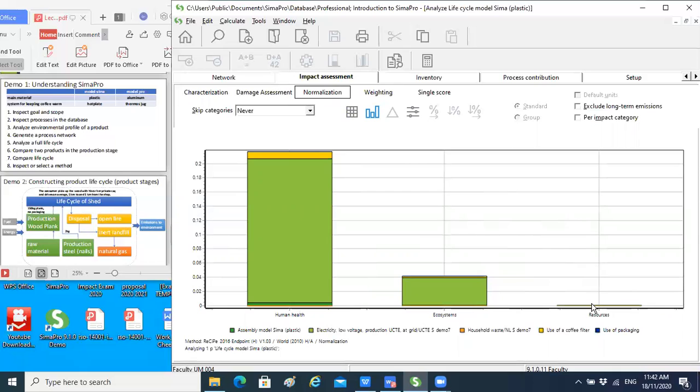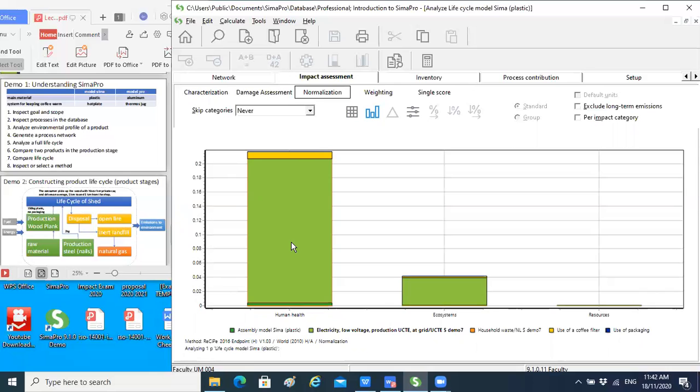So resources is not the main concern, but human health is the main concern. Maybe due to the emission of some toxic compounds, and also the release of leachate during disposal or during processes of components of this product,